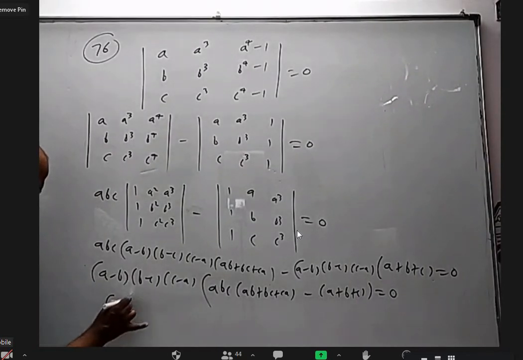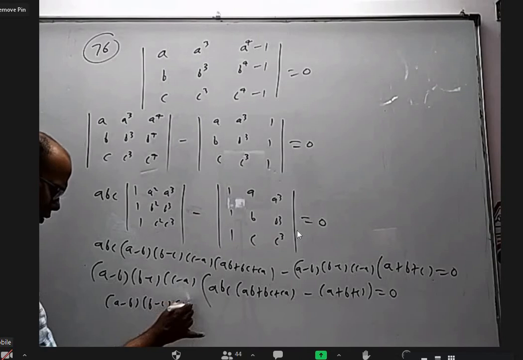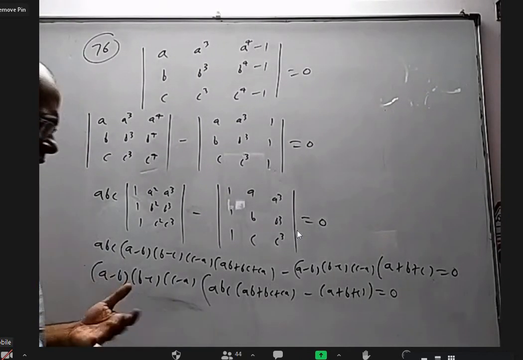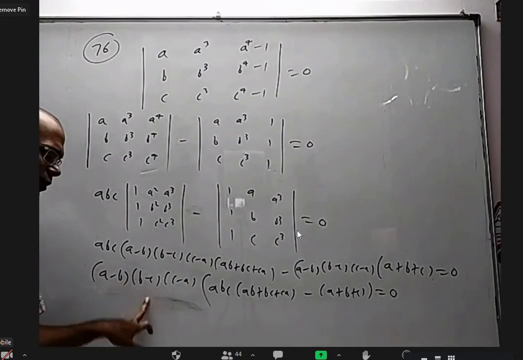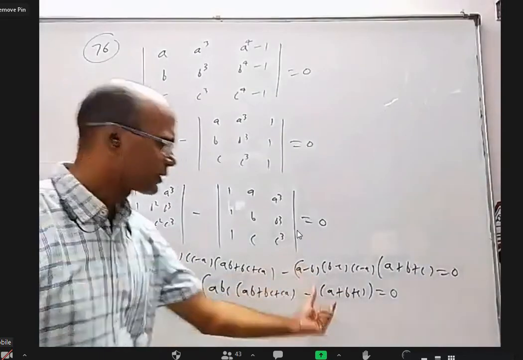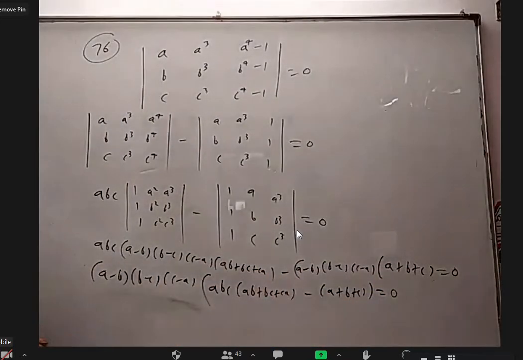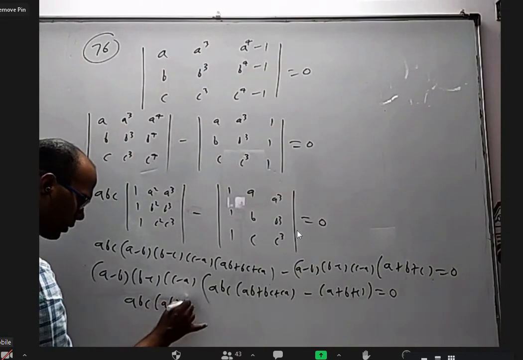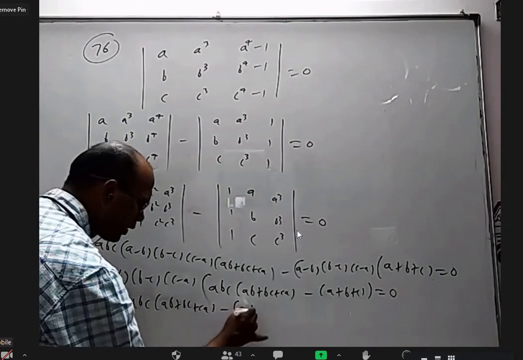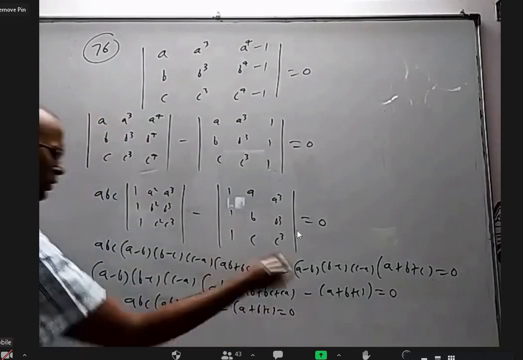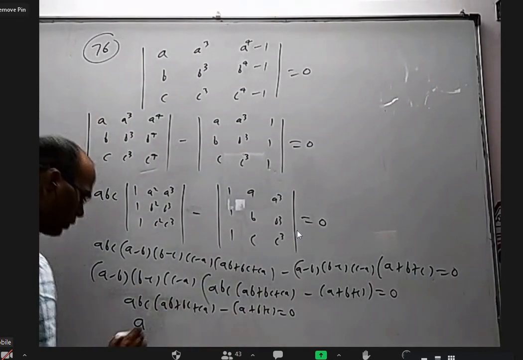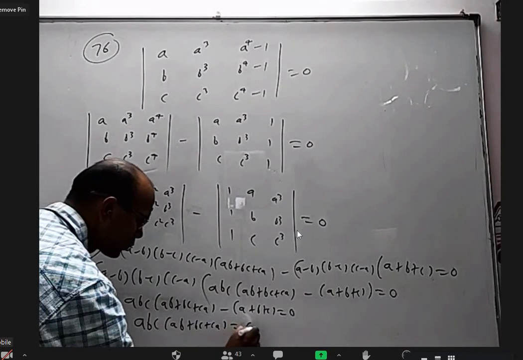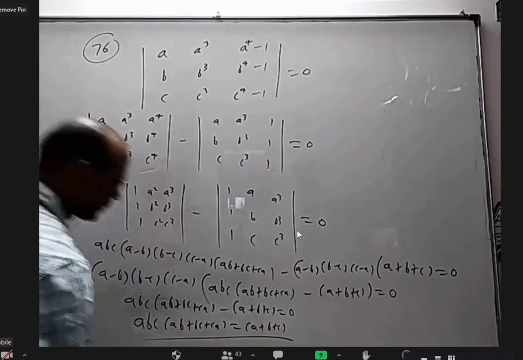Okay. So A minus B into B minus C into, okay, anyway. I think if I read the question again, they said ABC are distinct. This can't be 0, this can't be 0, this can't be 0. So this should be 0. Send this to that side, and that is the question and answer, I think. So ABC into AB plus BC plus CA minus A plus B plus C equal to 0. Send to that side. This part is visible. Yes. ABC into AB plus BC plus CA is equal to A plus B plus C.